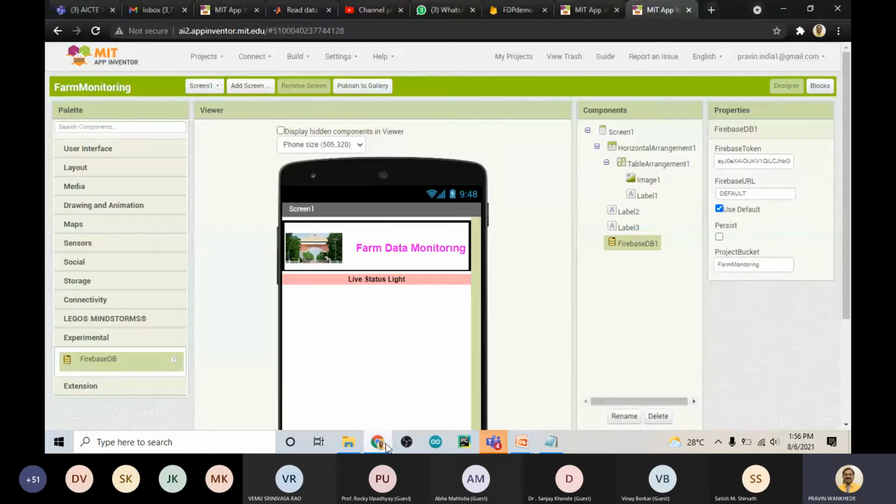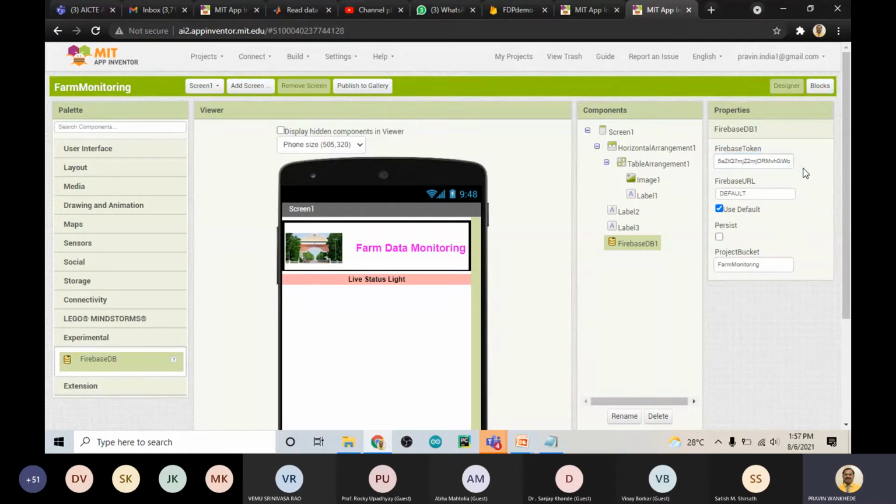copy it, and go to your MIT App Inventor, and here is a Firebase token. So remove whatever is there first. Okay, remove everything first, and paste it. Okay.